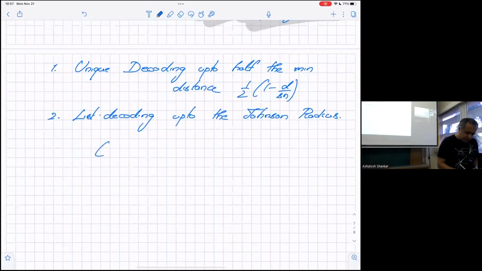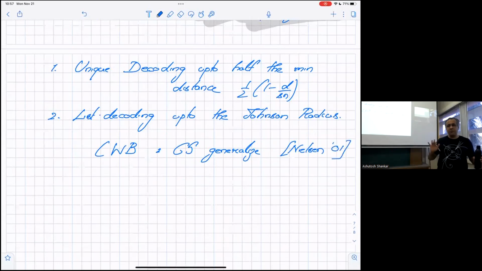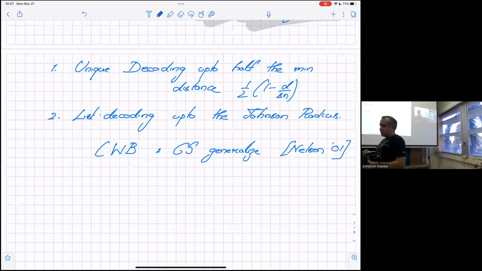It needs to be checked, but Welch-Berlekamp and Sudan generalize in the most natural fashion. So what we'll do, we'll actually not do this. We already had explicit codes which are list decodable up to half the minimum distance, and the Johnson radius, we saw that. Okay. The more important question here is